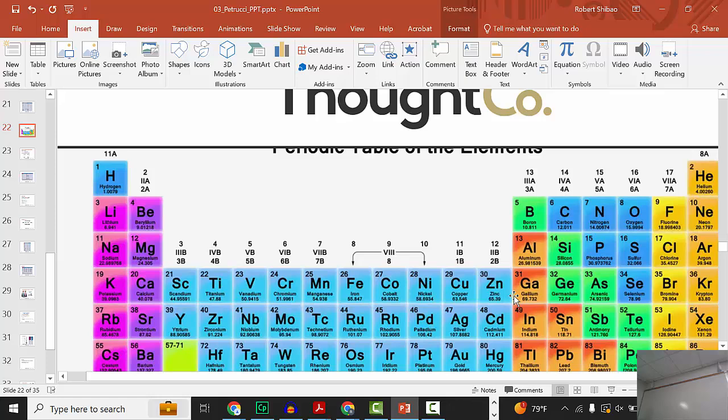Over here, if we go from this group 4, it's hard to lose all 4. The same thing over here. Aluminum should be +3, and boron should be +3. Carbon should be +4, and that would be its max. But as a stable ion, it would be too reactive. So carbon is quite small. With a full +4 charge, would be highly reactive. So it's not very stable. But there's ways to stabilize it. One way of stabilizing it is to bond oxygens to it, and that helps stabilize